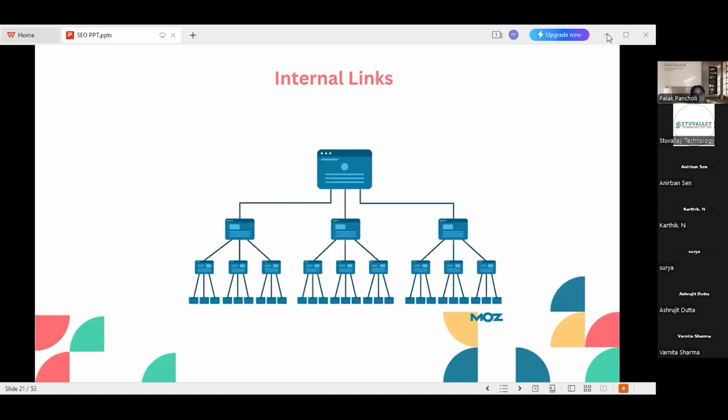Is it clear why we are using external links? Ma'am, can you please repeat the second one? Yes, we use external links so that we can provide an extra source of information for our users. Okay, means for the content that we are explaining, we will mention external links related to that content only, right?